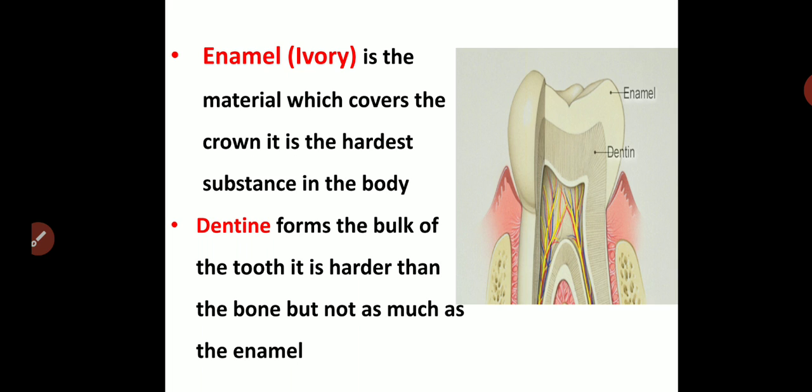Below the enamel, you can see in the diagram, there is a part called the dentine. This dentine makes up the bulk of the tooth, and it is made up of a yellow colored, bone-like hard material. The dentine encloses a space in the center. You can see where the yellow color and red color lines are. That is the pulp cavity. Now this dentine is strong but not as strong as the enamel.